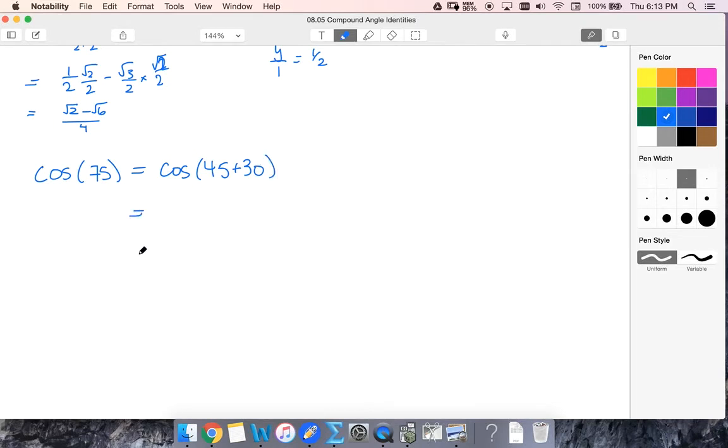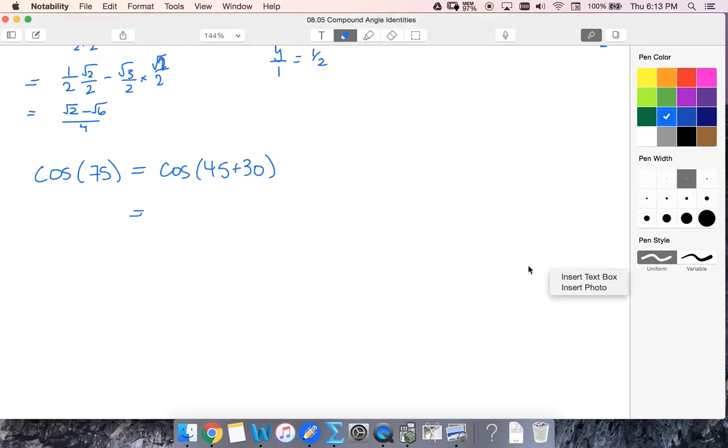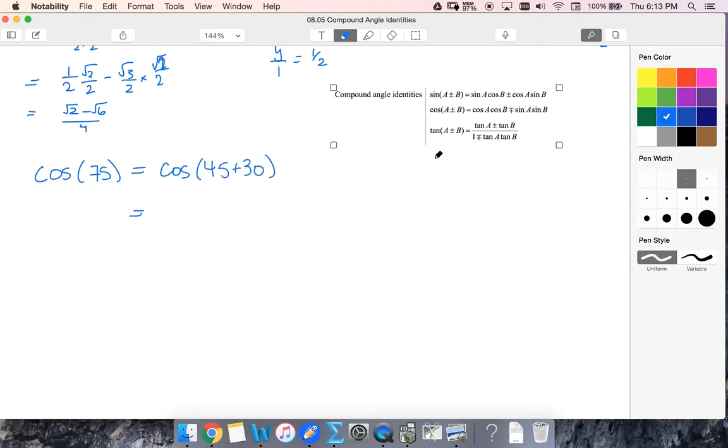So this formula says that we've got, let me just take a little picture. Paste it in. All right, so this formula says that it's going to be equal to cosine A times cosine B, so cosine 45 times cosine 30,